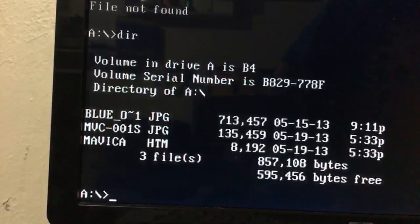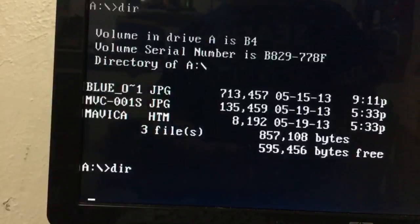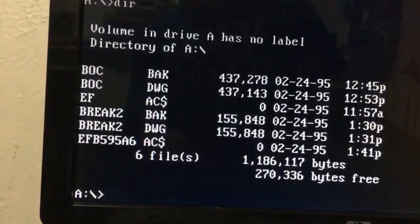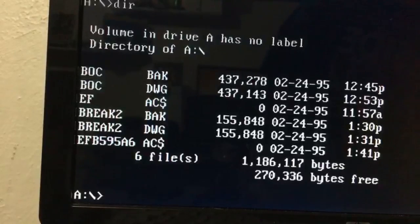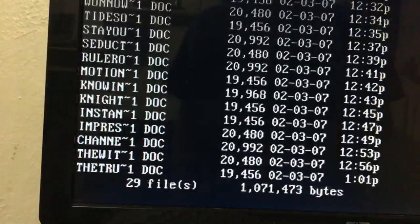This is off topic, but on this computer, I put Windows 95 on it, and I didn't get a chance to update it. But something it did was weird. It never shut down correctly. What it did was it went to that stupid Microsoft Windows screen: it's not safe to turn off your computer. Like, every time you turn it off, it would do that. I was like, this computer...